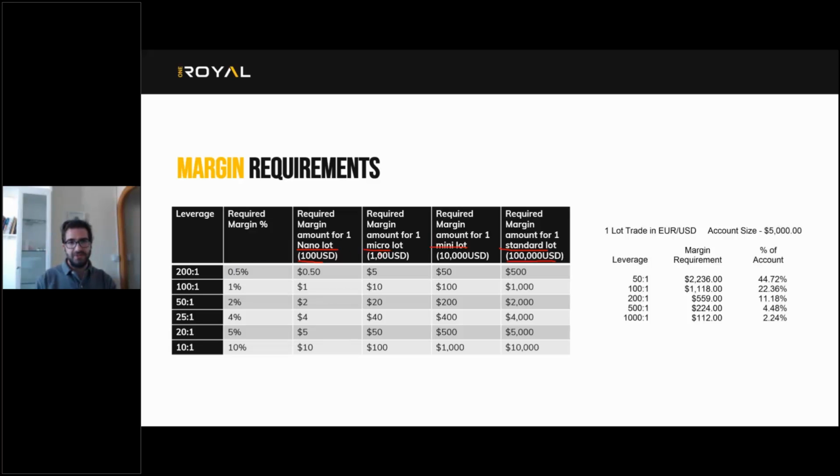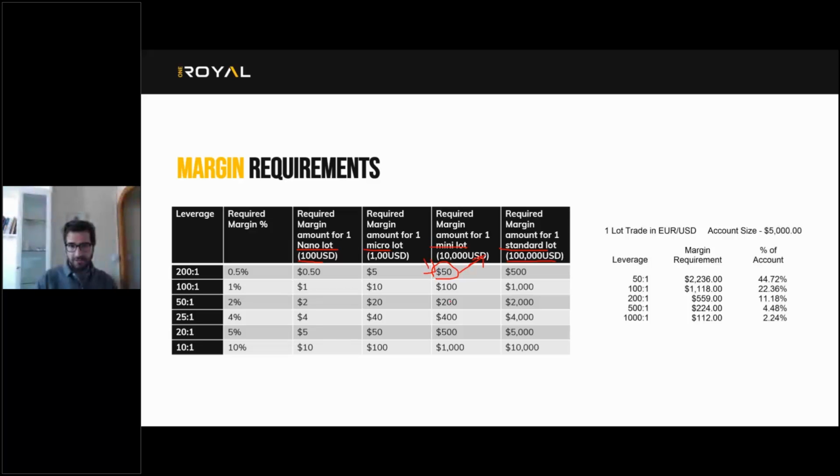So 0.5% on 1,000, this is $5. For a $10,000 USD, so to be able to trade $10,000 worth of a pair, let's say you need just 0.5% of this, which is $50. So can you imagine, by depositing $50, you will be able to trade $10,000. So this is the power of leverage, and the required margin or the guarantee or the deposit needed is